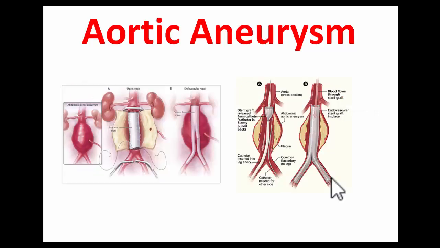And let's talk about aneurysms involving the abdominal aorta. Here is an example of an aneurysm involving the abdominal aorta. It is most commonly known as abdominal aortic aneurysm, or AAA. And if you are in the hospital with this problem, and if you hear the term AAA, they are talking about abdominal aortic aneurysm. Again, if the size of the aneurysm exceeds 4.7 centimeters, then it is time for surgical